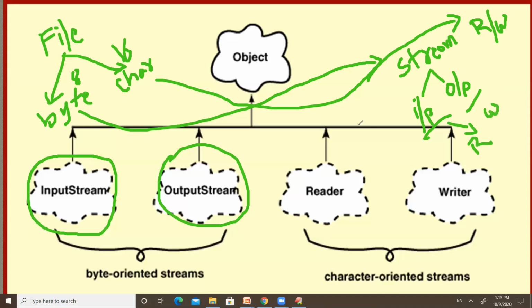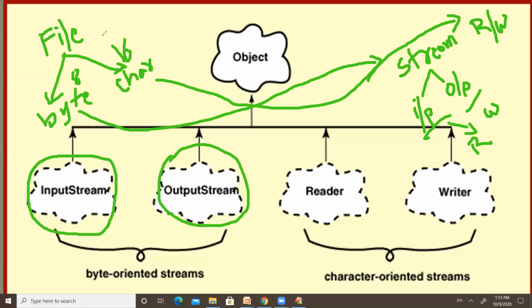So for example, there is one class called file input stream, which means it is a class used to read the data, and it comes under byte oriented classes because the end is stream, right? So keep these things in your mind. File classes are divided into two types: byte oriented classes and character oriented classes.